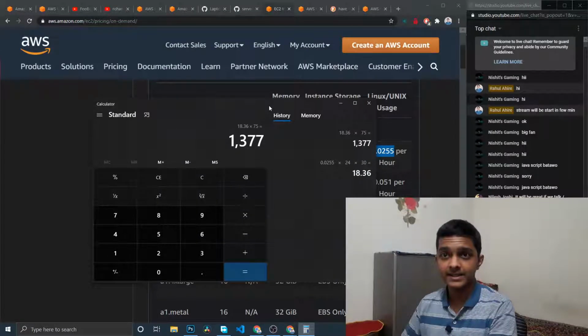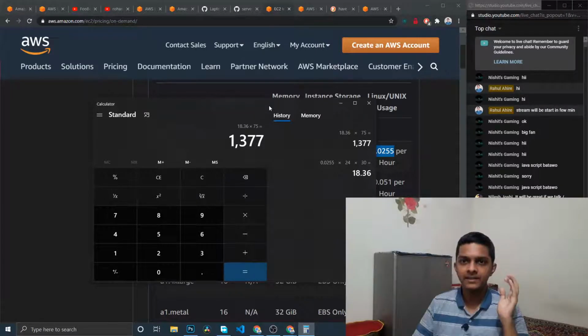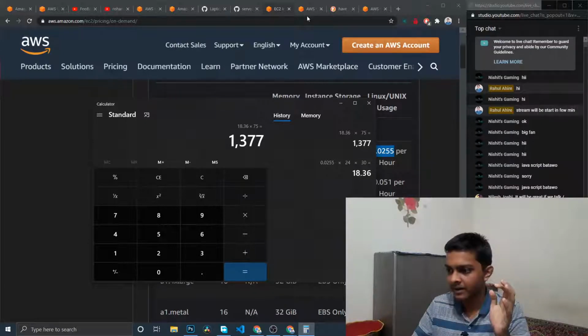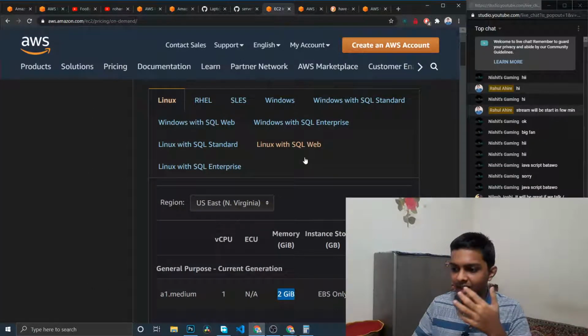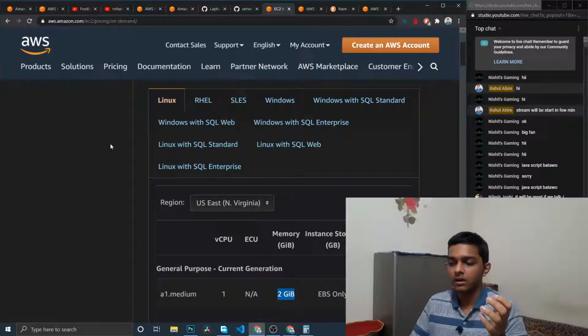Now, one thing that I said earlier is that you need to be assured that you will hit a certain amount of traffic. From the business perspective, cost saving really matters a lot. If you go up right here, this is just a bare instance, you will get just 2 GB of memory, and then let's say if you want MySQL, that is already another costing issue as well.